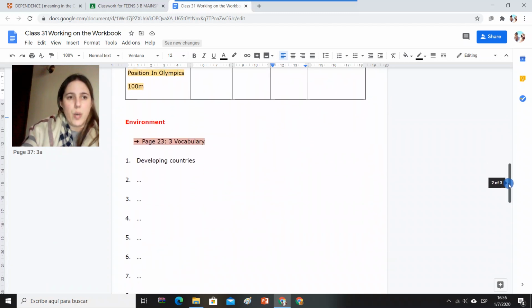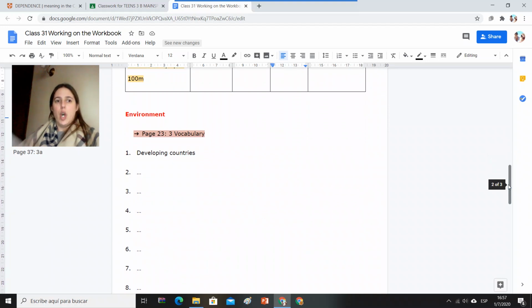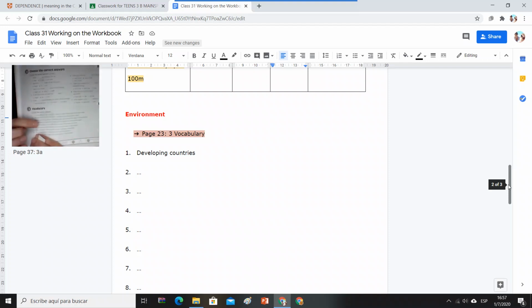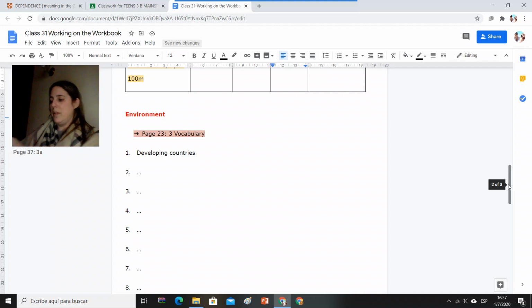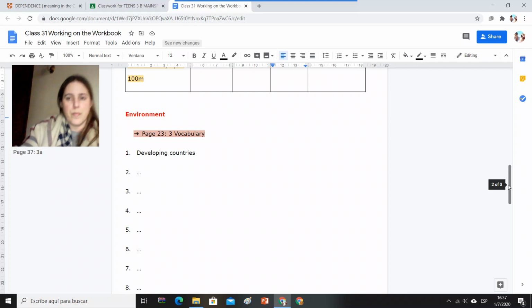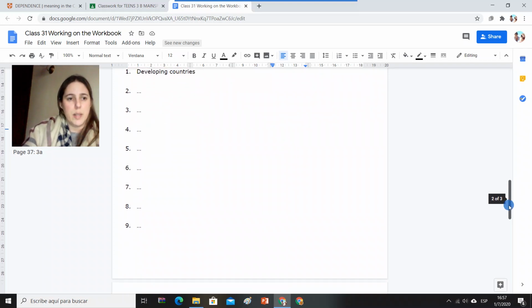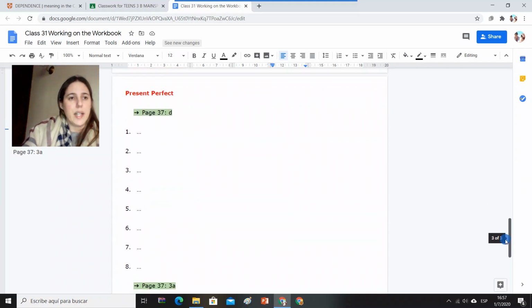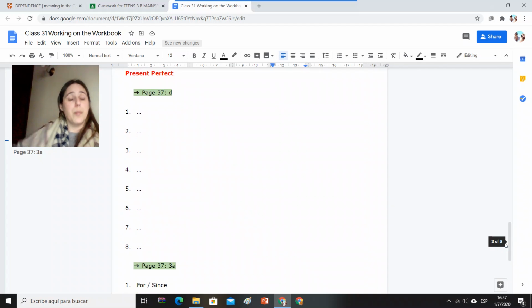Then you continue with environment. Vamos a repasar vocabulario. Let's revise vocabulary on page 23. So you go on page 23, and here you have to choose the correct option. And you type the options here. La que elegimos es la que tipeamos. And finally, let's practice present perfect on page 37. So you go to page 37